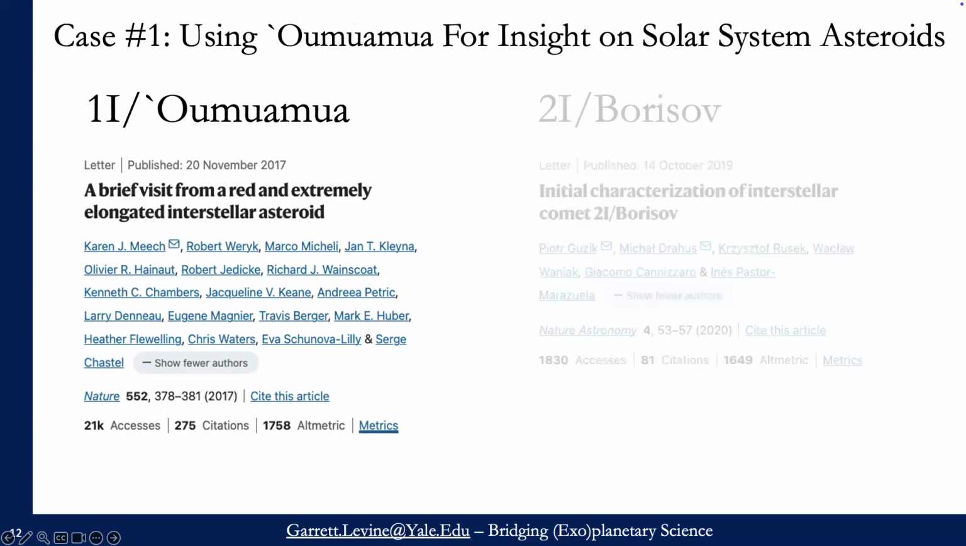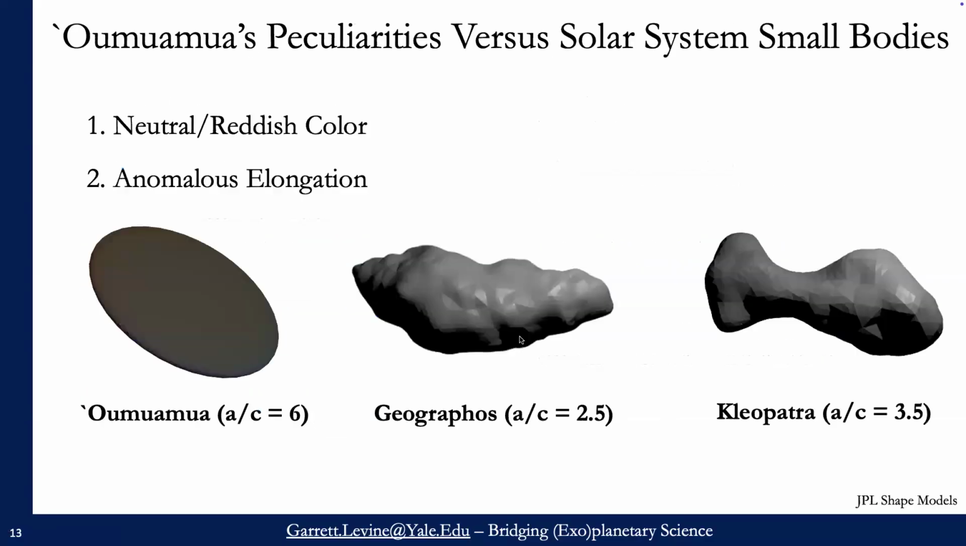So today's case study is going to use Oumuamua for insight on solar system asteroids. So we're going to look at the properties of this object, and then we're going to use it to recast solar system objects in a new light. So to briefly recap those properties, Oumuamua's color was this neutral reddish color. It was a bit redder than the solar spectrum, but well within the distribution of what we know in the